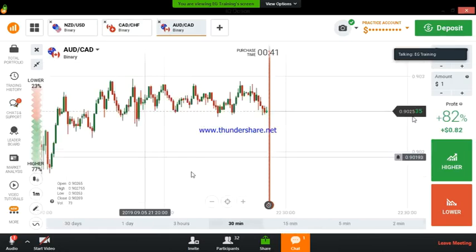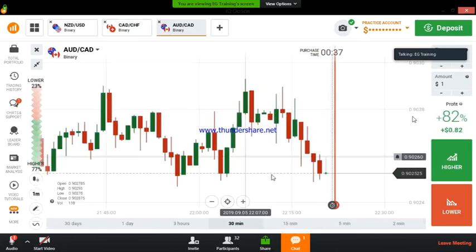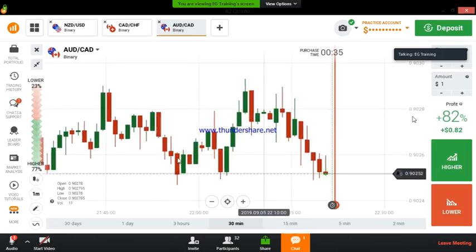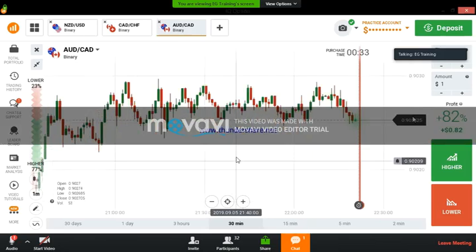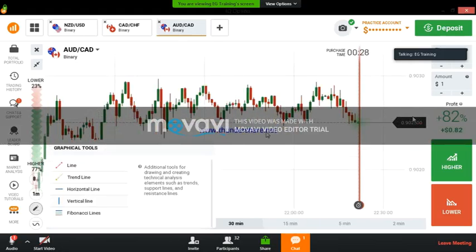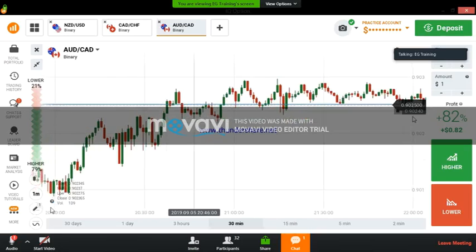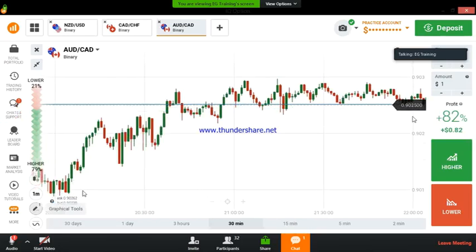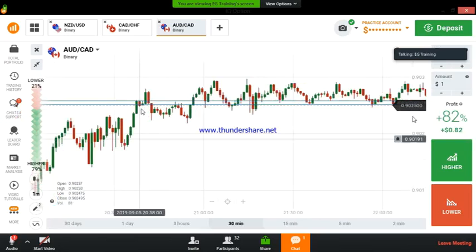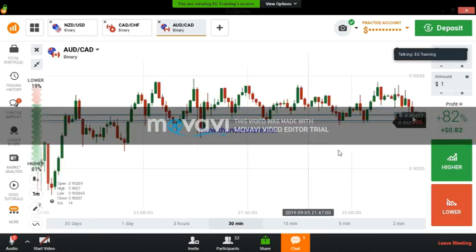Okay, this is one method to draw a strong level. You should go in the past history near to this price bar, and you need to draw some strong levels. Like here, there are some strong reversal points, here also, and here also there is a reversal point. This closing point and this closing point. Okay, now it is clear.